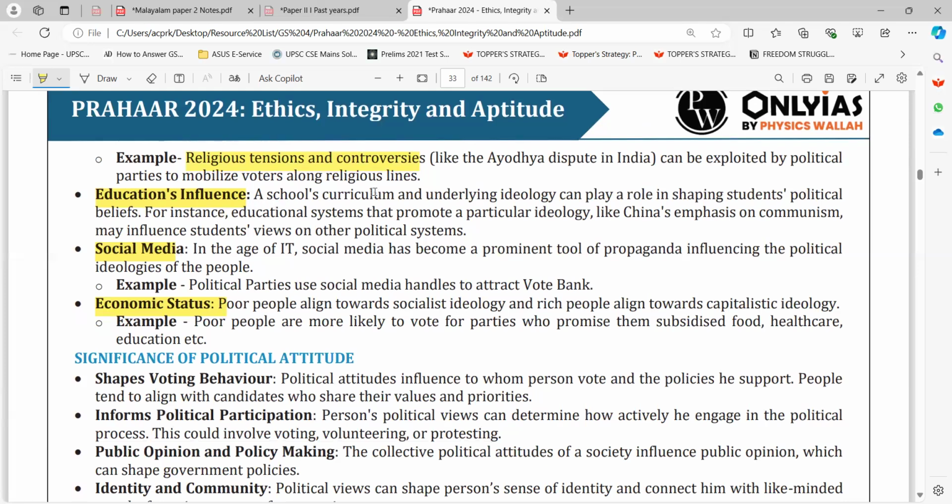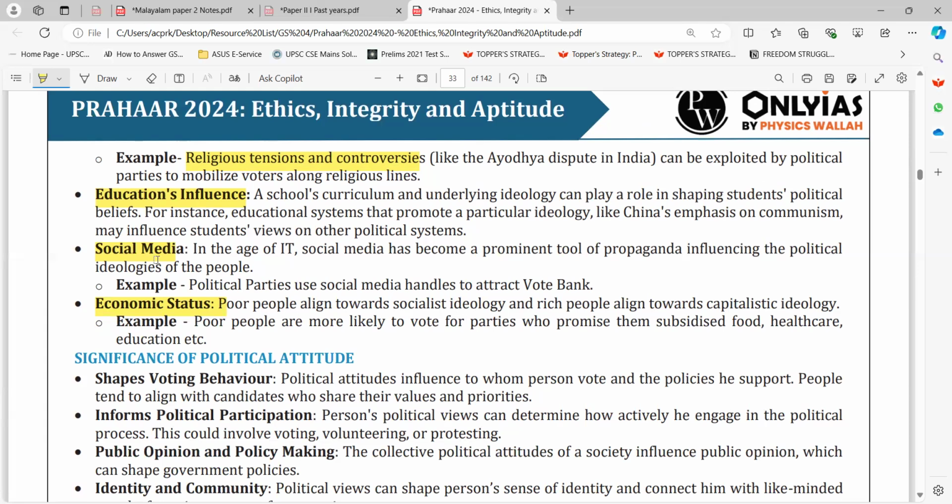Education's influence. A school's curriculum and underlying ideology can play a role in shaping students' political beliefs. For instance, educational systems that promote a particular ideology, like China's emphasis on communism, may influence students' views on other